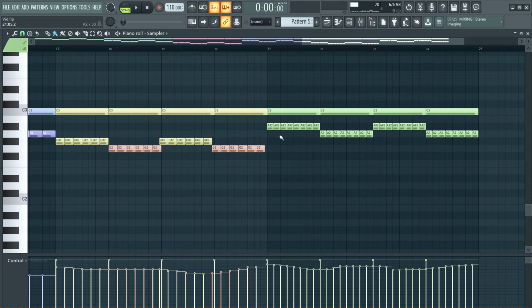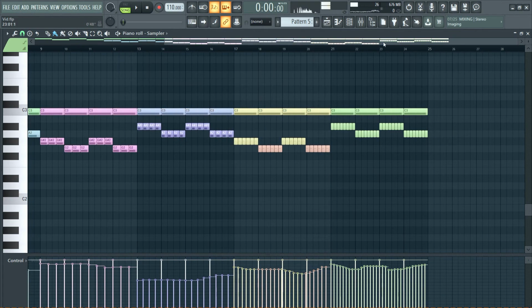32nd notes, you can fit 8 32nd notes over the value of one quarter note. So I have that represented here. In the same time it takes me to complete a single quarter note, I would complete 8 32nd notes. The way that we would count these